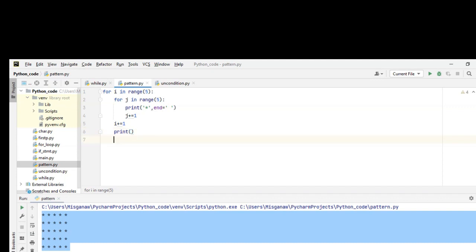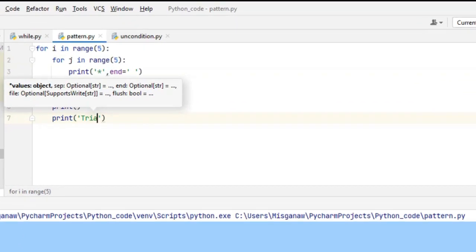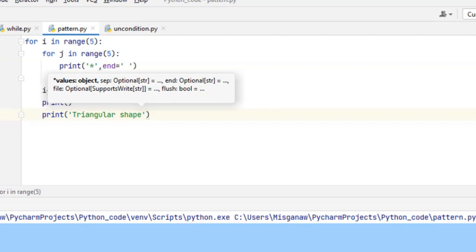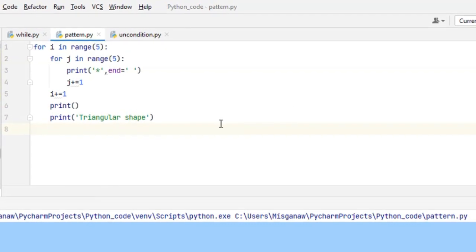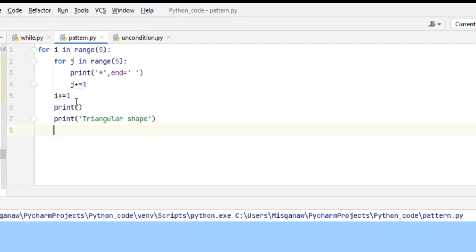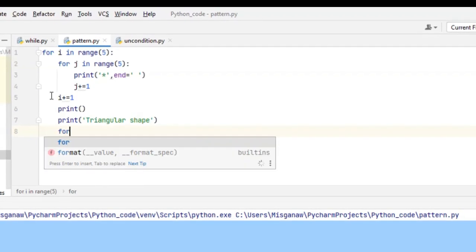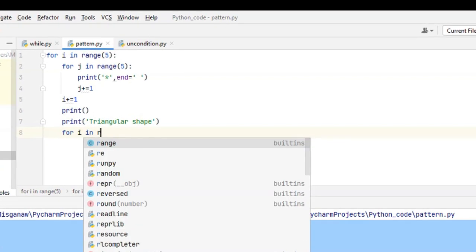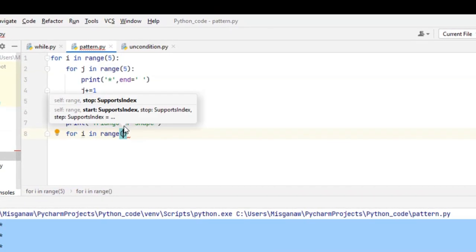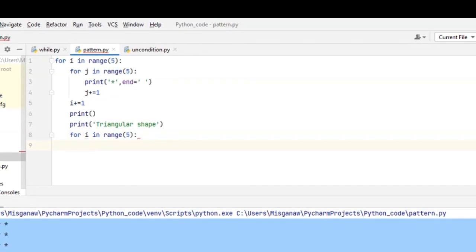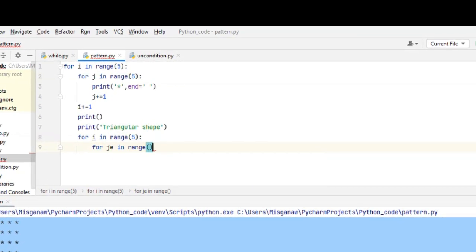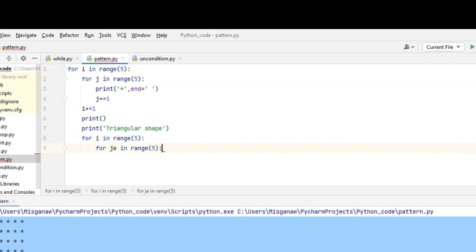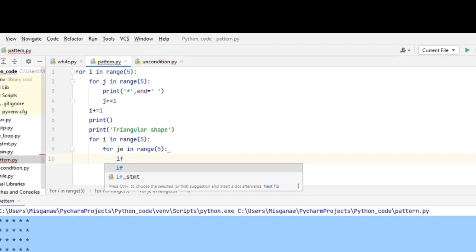Another one, for example, a right triangle shape. Print a triangular shape. So for i in range 5, for j in range 5,